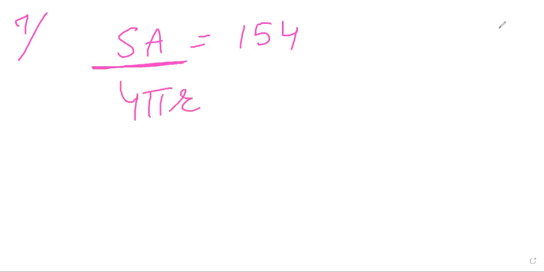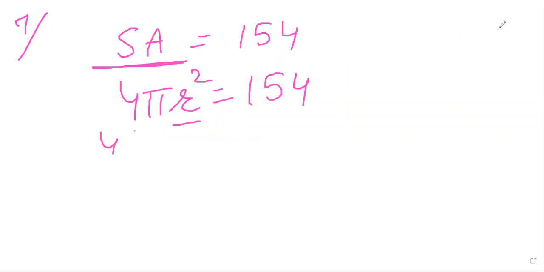Find the volume of a sphere whose surface area is 154 centimeter square. Here the surface area of the sphere is given as 154 and you have to find out the volume of the sphere. So let's apply the formula for surface area, that is 4 pi r square is equal to 154. That is given. From here we will find out the value of r, and after we get that answer, we will find out the volume from the radius.